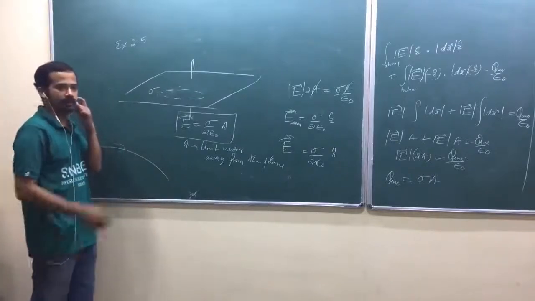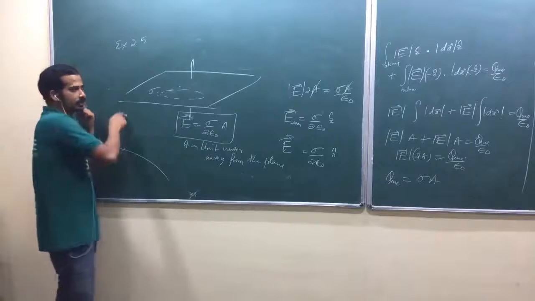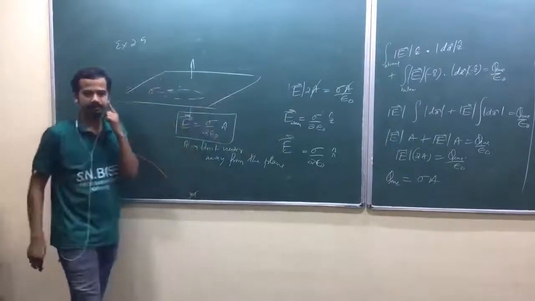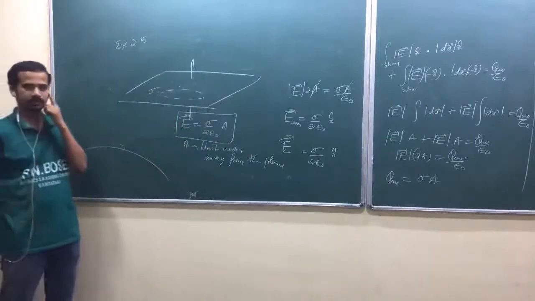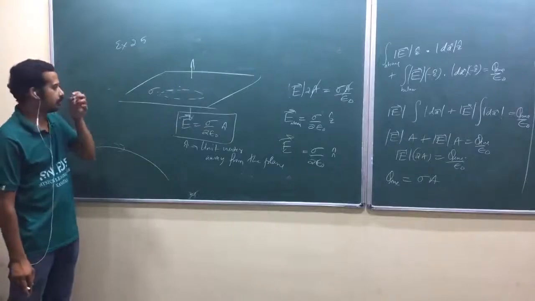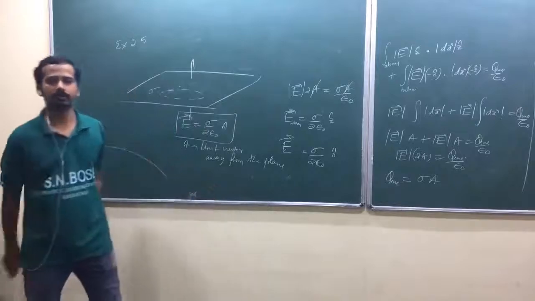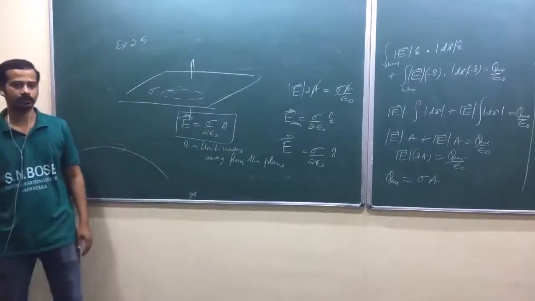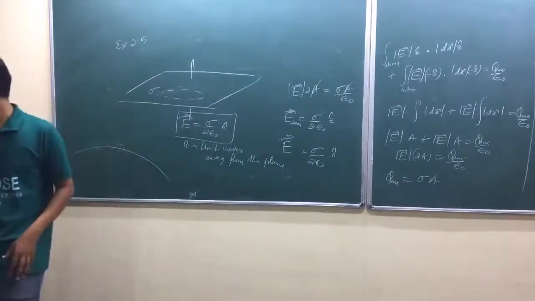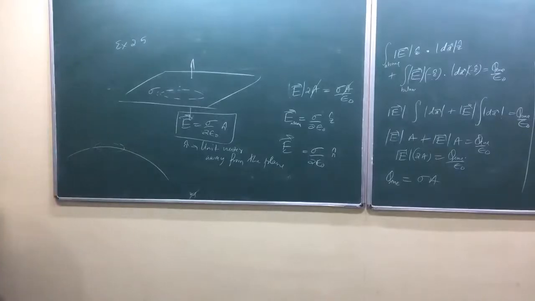Is that okay? When you are very close to the plane, you can't see the entire plane, am I right? Or you can't see much distance. So that's how it is going to play the role. When you move away, a greater number of charges are going to come into the field of view. Okay, just think over it. So yeah, it is a little difficult to argue.